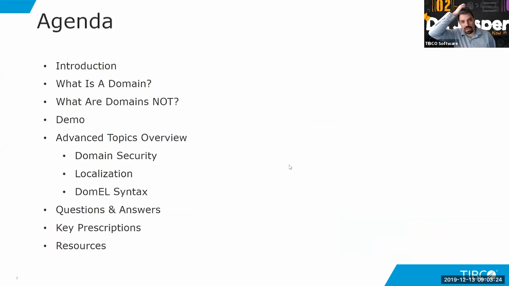Here's a quick agenda of our session. We're going to be talking about what exactly is a domain, what should it be used for, what are domains not. Excuse the poor English there, but you'll see when we get there. Basically, I want to give you best practices, things to do, things not to do with domains as we go forward. Then we'll jump into a demo and show the new in 7.2. We updated our domain designer.